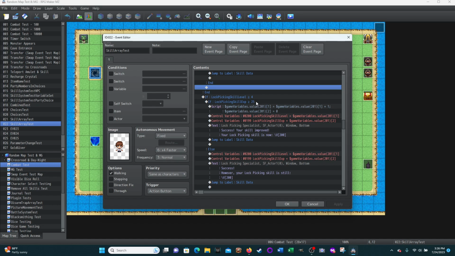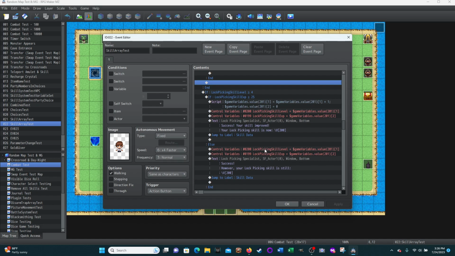Originally I had the experience at 100, so once you hit a certain level, your use maybe hits a plateau. I don't know, it's entirely up to you. But the way I built this, I said, okay, if it's greater than or equal to 4, once you get to level 4, if your experience is greater than or equal to 25, I changed these two values. All of this stays the same. So what'll happen? Well, if it hits 25 or above, it's going to increase your skill. So the next time this runs,